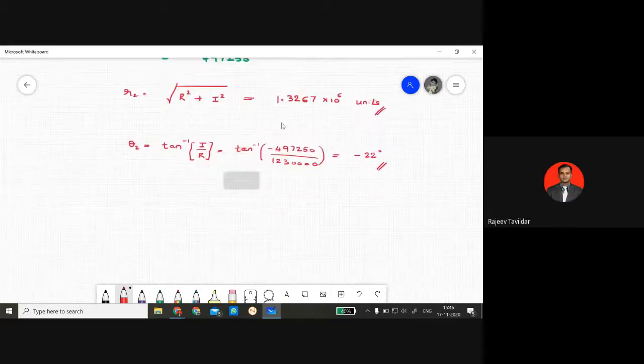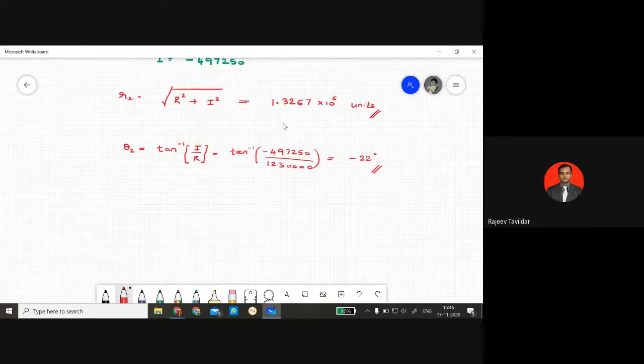Okay. So on similar lines, I hope you have got these answers for R2 and theta 2. We can also find out R3. The equation you already know: omega 2 alpha 4 plus j into omega 4, minus omega 4 alpha 2 plus j omega 2. Once again, you know all the values. So just substitute and let me know what is the value for R3.